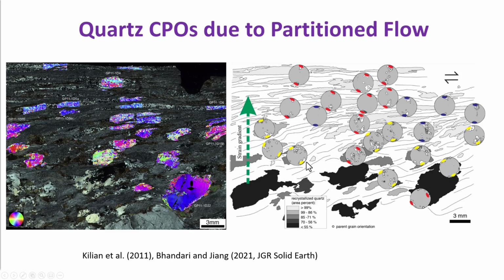There is a strain-induced, vorticity-dependent rotation of the CPOs. At the lower strain stage, the quartz CPOs are like these yellow-colored patterns. As strain increases, they are rotated slightly, and the peripheral c-axis maximum is parallel to the shear zone normal. And as the strain further increases, they tend to rotate past the shear zone normal. Key point here is to use the partition flow rather than the shear zone scale flow.